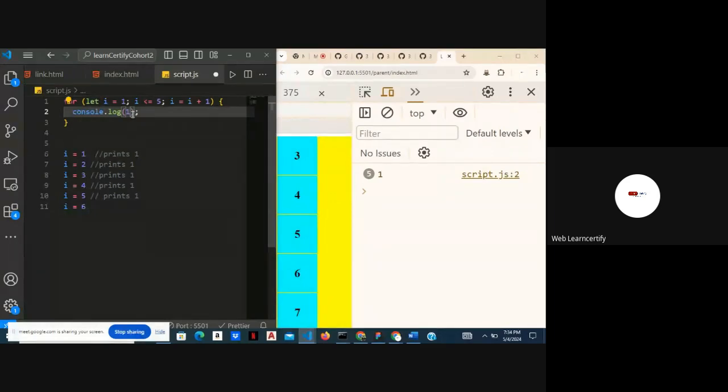And so if you notice, with each loop, we have the value of I to be 1. For the second loop, the value of I is 2. For the next loop, the value of I is 3. So which means here in this console.log, instead of printing 1 every time, if we instead change 1 to I,